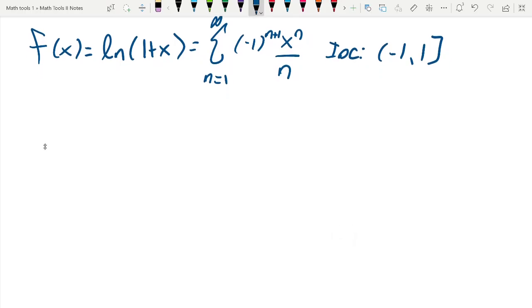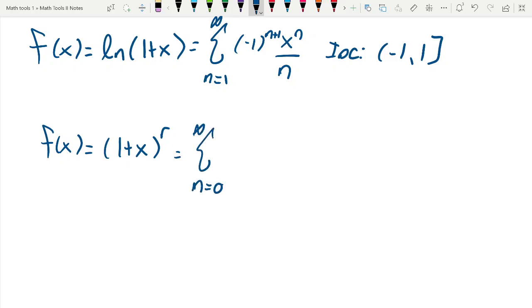One that's really important would be 1 plus x to the r, where r is any positive power, right? So this opens up the door to a lot of different types of functions here. Now this itself is a polynomial, so in general, the Taylor series of a polynomial is the polynomial itself. But it can get pretty lengthy, so instead we use this general form here of r choose n times x